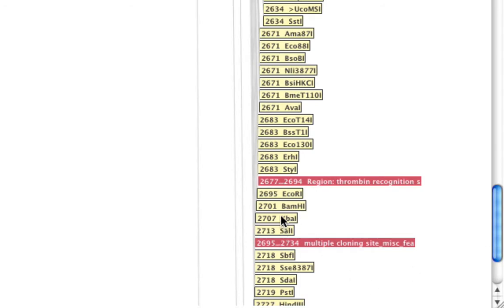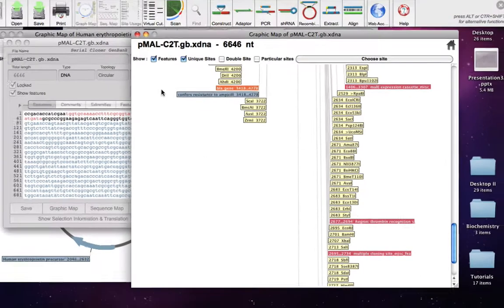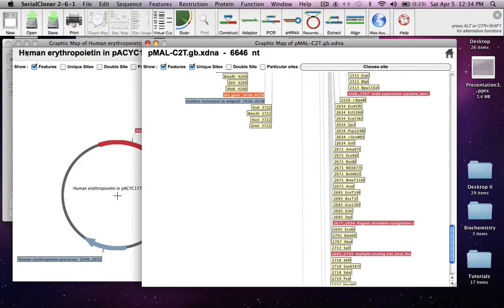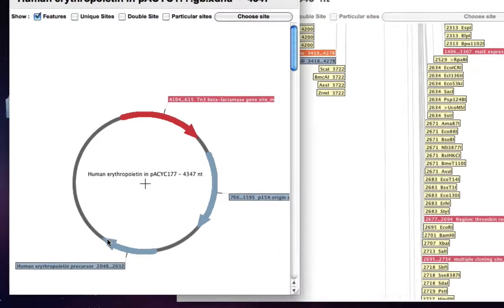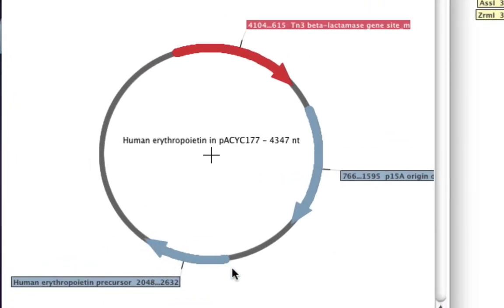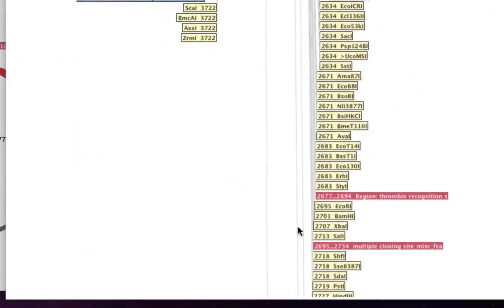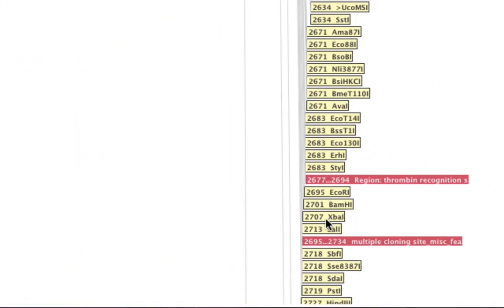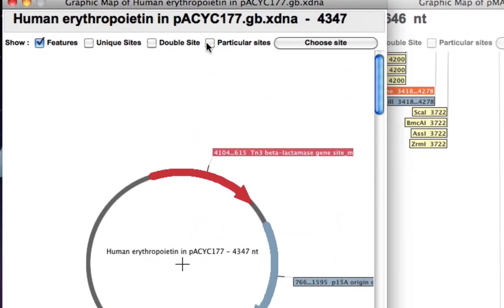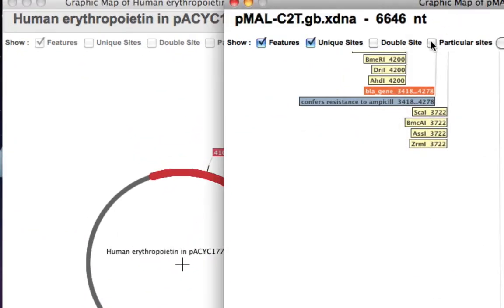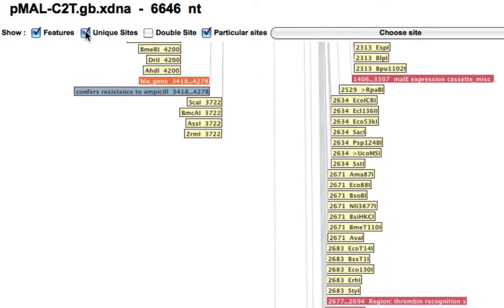So let's say we select XbaI and SalI. These are the two REs we want to use. So our strategy is going to be very simple. We'll PCR amplify the erythropoietin gene using primers containing flanks, and those flanks will have XbaI and SalI, right? So once we have the amplicon, we'll cleave it with XbaI and SalI and then clone it in pMAL-c2T, right?